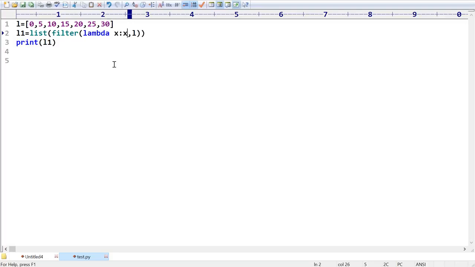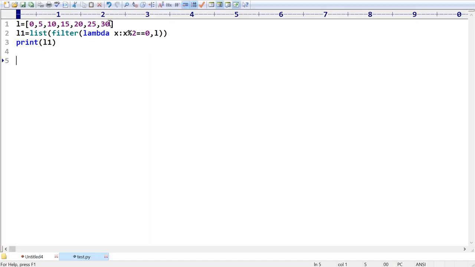What it has to return? x percentage 2 is equal to 0. It executes this condition and the value is returned by default. Then how many lines of code am I writing? Is it required to write is even as a separate function? Not required. Now let me execute.